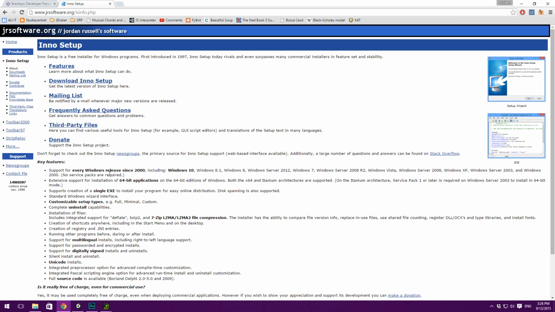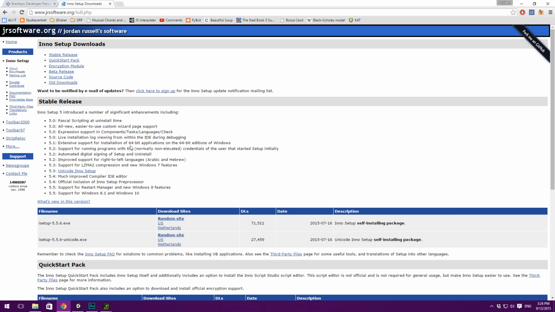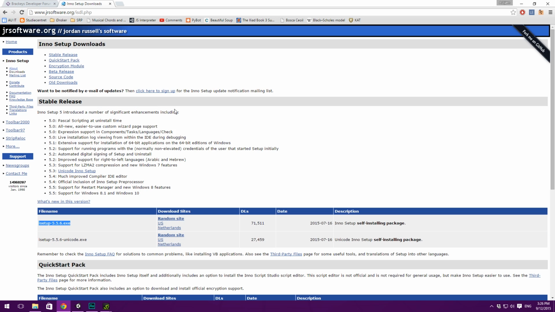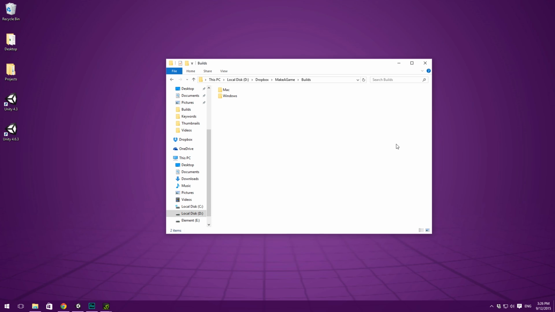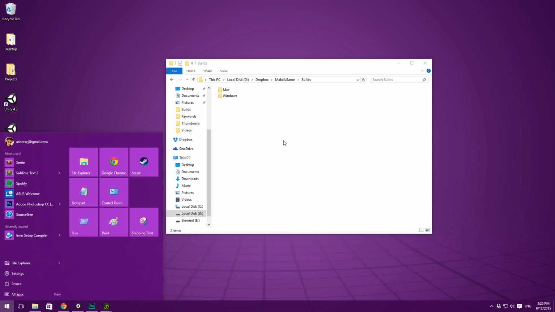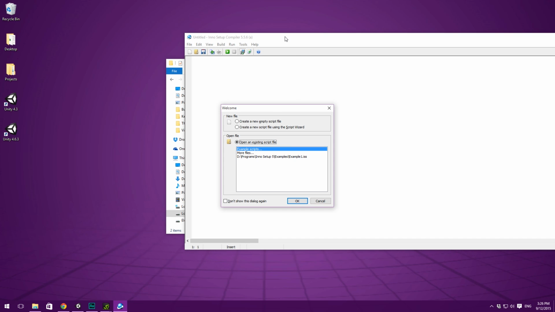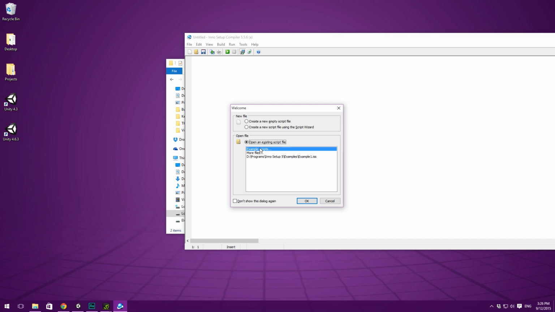But we are going to take the fairly simple route, and simply download Inno Setup here, and then go under stable release and download the exe file here. So simply hit random site, then you'll get the executable, and simply run that and install it once it's downloaded. Then we can go down here and run Inno Setup Compiler, and it's going to prompt you to either open